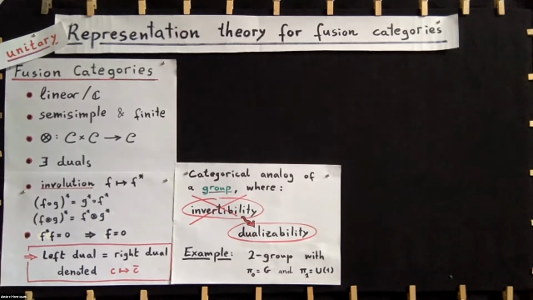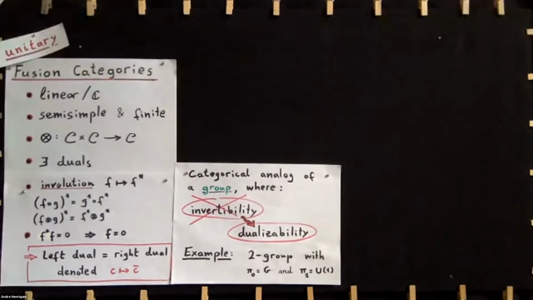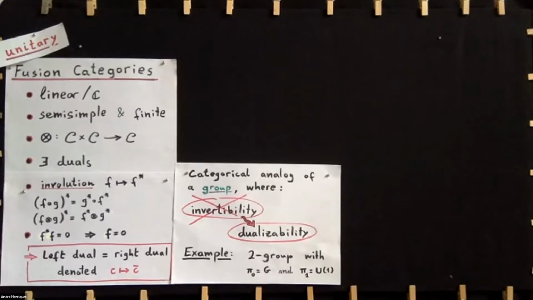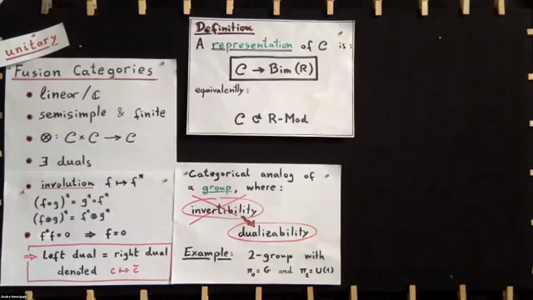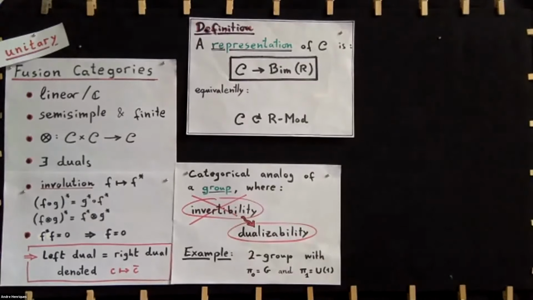So let me come to the main topic of this talk, namely, what is a representation? We make a little bit of space and use that space to put here in the middle the main definition. A representation of a unitary fusion category C. So C here is the same C there. Is an action on, I didn't tell you what R is. R here is